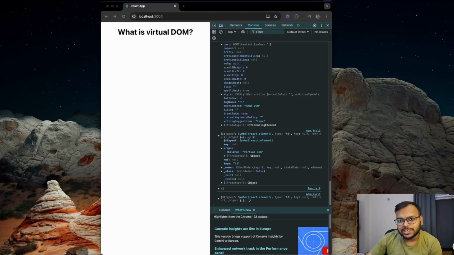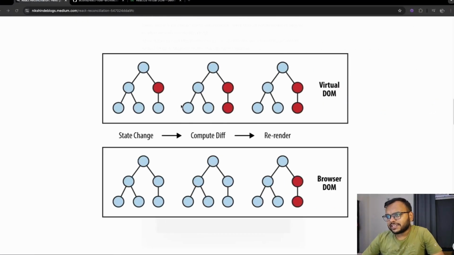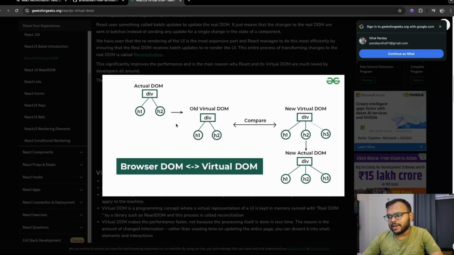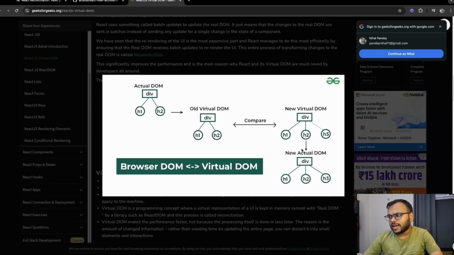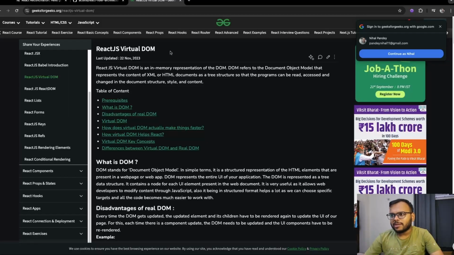Let's understand the whole reconciliation mechanism once again via an image. On any small change of state in our UI, we will compute the difference with our existing virtual DOM, and once we have a tree with this difference, we re-render the actual browser DOM. Another representation of this can be seen here as well. So here we have our actual DOM. At any given point, we are maintaining two virtual DOMs, one the older version and the other the newer version of the DOM. We are comparing them with the diffing algorithm, and once this comparison is done, we are updating the actual DOM. Now, you can read more about the virtual DOM concept in articles like these on GeeksforGeeks,